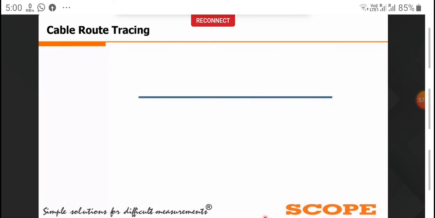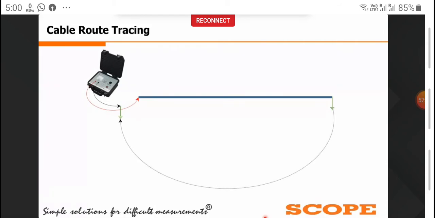In cable route tracing, let us consider a cable to which we are connecting an audio frequency generator. An audio frequency generator is one in which we are injecting AC sinusoidal very high frequency signals into the cables. In this type of connection, we connect the red output of the instrument to the core of the cable, and we connect the second end of the same core to the earth, and the return path of the instrument is connected directly to the earth at the sending end. So the path is completed through the earth as shown in the figure.